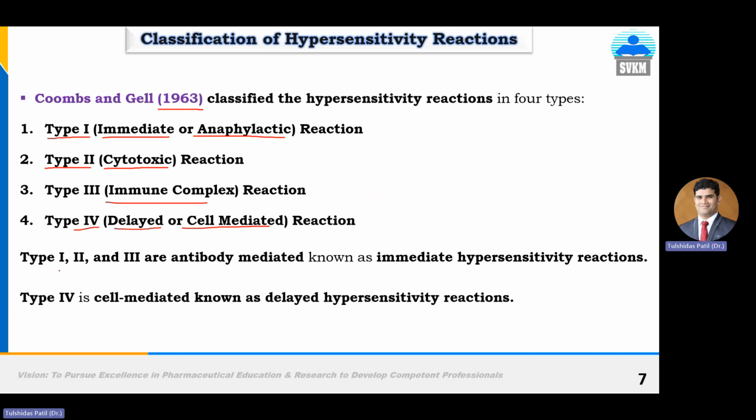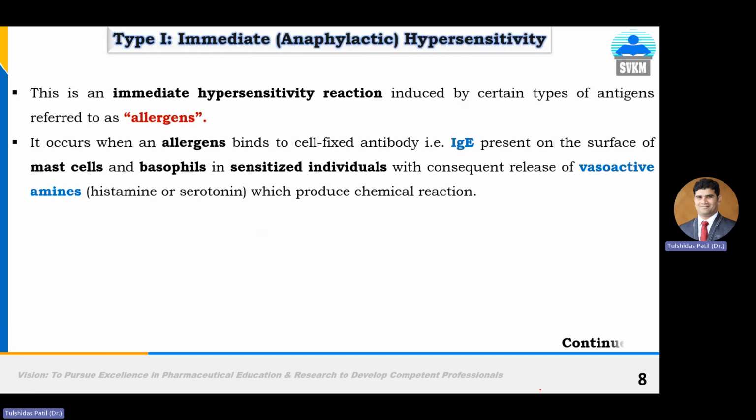So as we have seen in the table, types 1, 2, and 3 are antibody mediated and referred to as the immediate type of hypersensitivity reaction, whereas type 4 is referred to as cell mediated and is a delayed type of hypersensitivity reaction. Now we will focus on type 1 hypersensitivity reaction. Type 1 is immediate, and it is also referred to as anaphylactic or